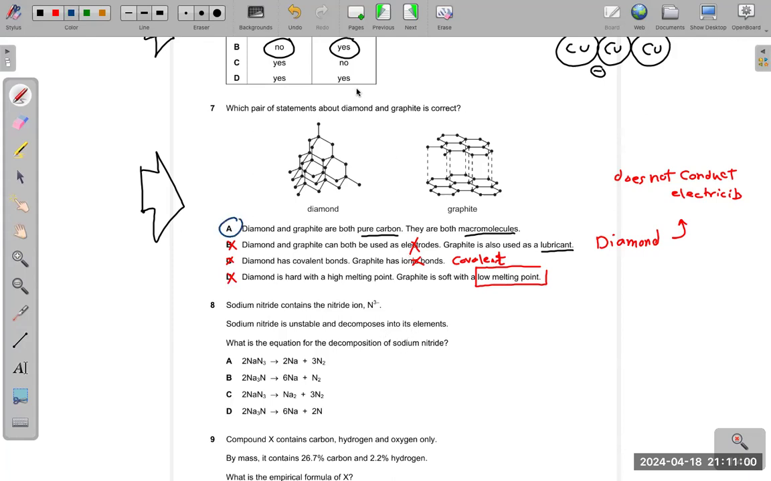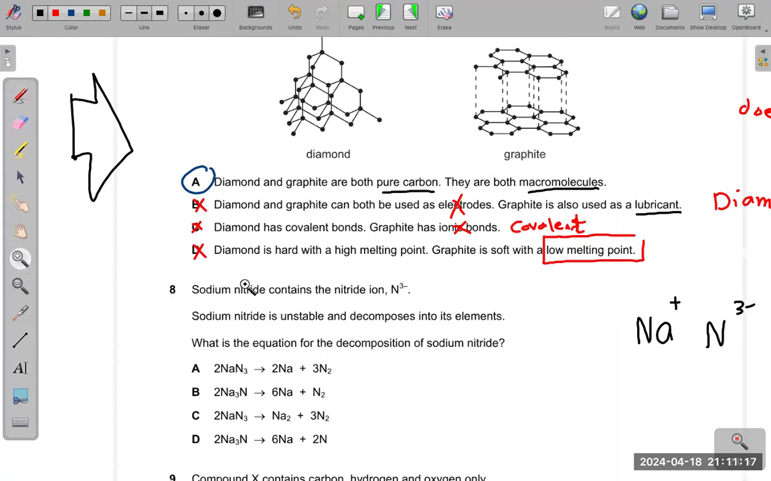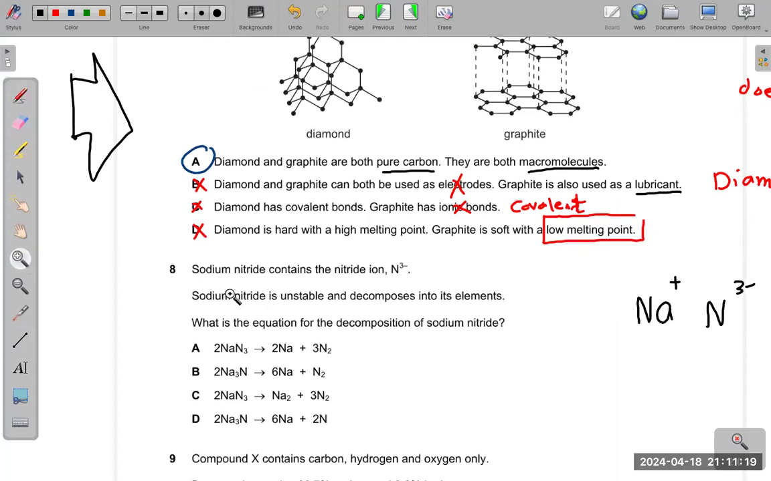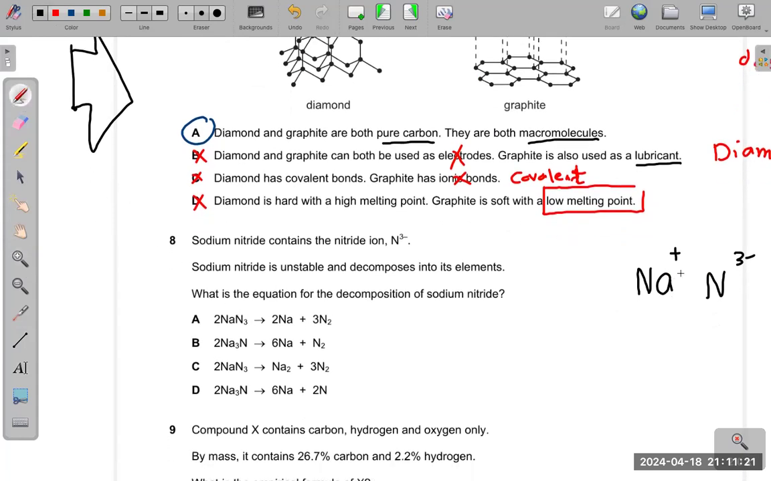Right. Sodium nitride contains the nitride ion, which is N3 minus. So sodium with nitride has N3 minus, and sodium is +1. We know it's +1. It's unstable and decomposes into its elements. What is the equation for the decomposition of sodium nitride? In order to make this correct, you have to write the nitride ion with the sodium correctly. How can I make the formula for this one? This is 3 minus and this is +1, and then reverse the numbers. So this becomes